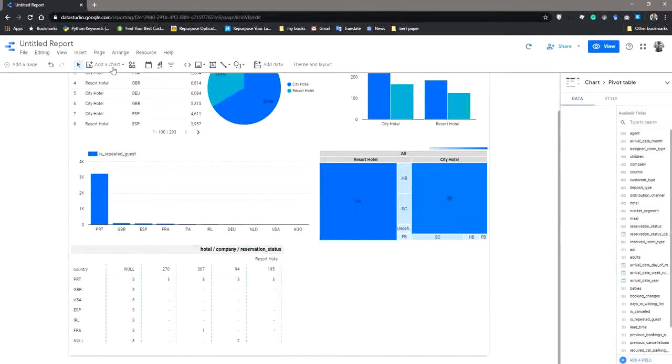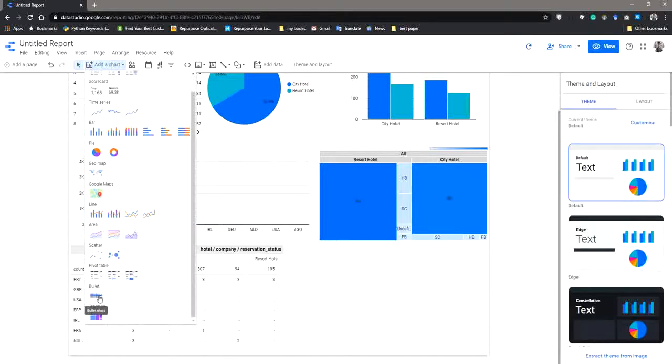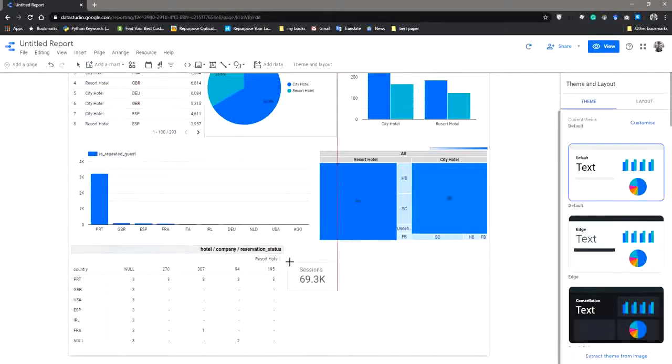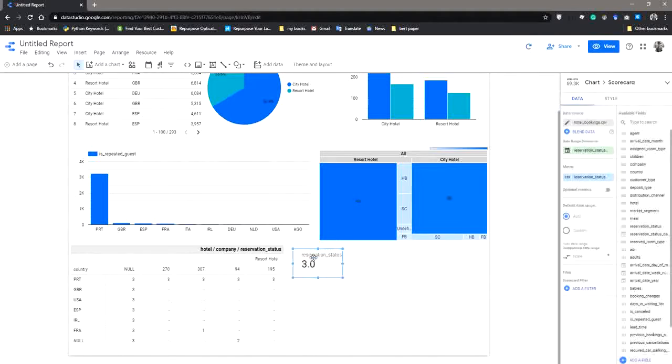Suppose we want to create a scorecard. So I selected a scorecard here, and suppose we want to count the number of babies.